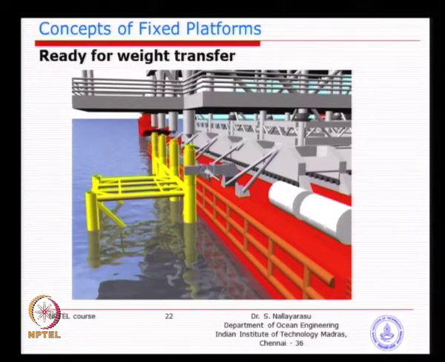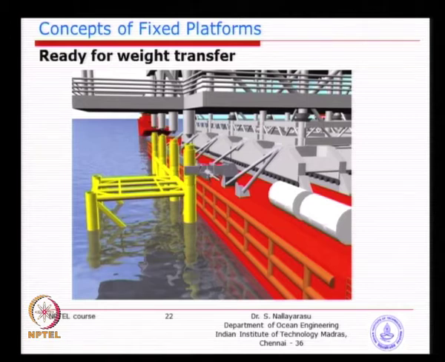So, you see here the critical time is the alignment of the legs. So, how do we do the survey? Basically, nowadays most of the devices available are laser controlled. You set it up on the jacket legs as well as on the deck structure, and align it to millimeter accuracy, very accurate nowadays both in the horizontal plane and the vertical plane, so that it does not create problems.